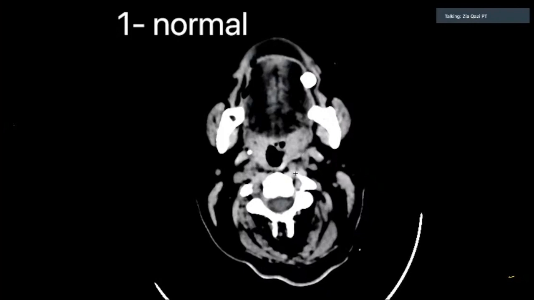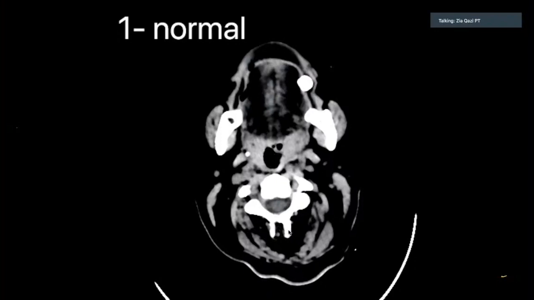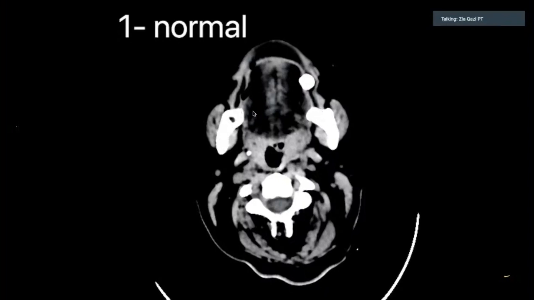Okay, now coming back to structures, the bifid spinous process, confirming this is C2, the spinal cord, the body of the C2, then just in front you see the nasopharynx hollow black because air filled. Then at either side you see this bone. This is the mandible, both segments of the mandible bilaterally.